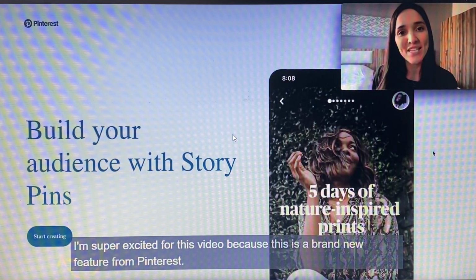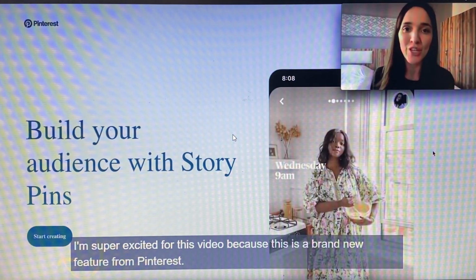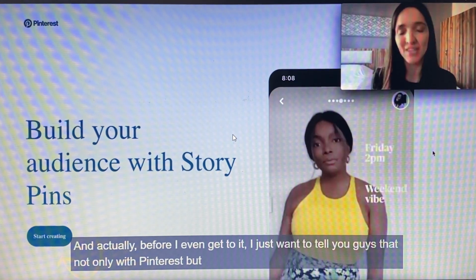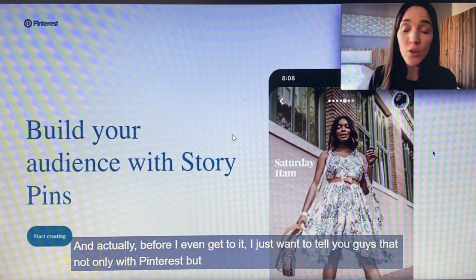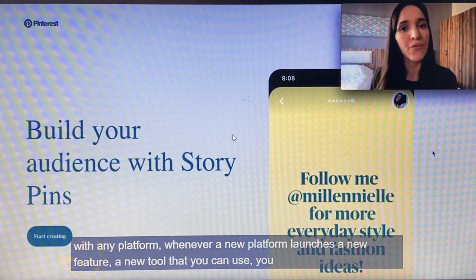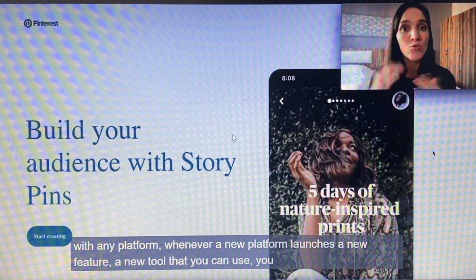I'm super excited for this video because this is a brand new feature from Pinterest. And actually, before I even get to it, I just want to tell you guys that not only with Pinterest, but with any platform, whenever a new platform launches a new feature, a new tool that you can use, you definitely want to go ahead